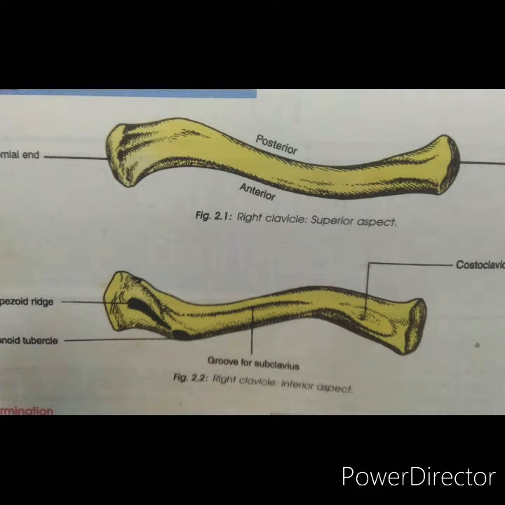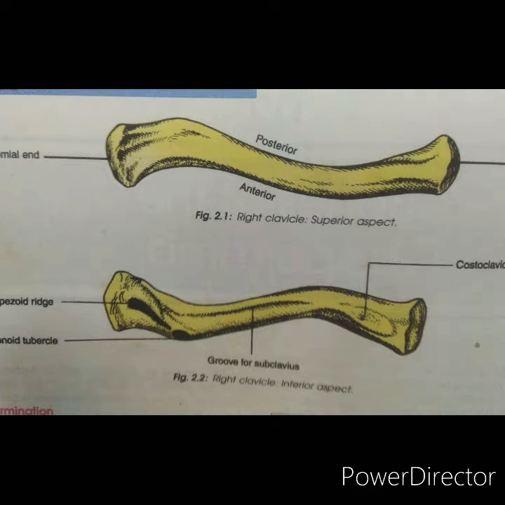The shaft. The shaft is divisible into the lateral one-third and medial two-thirds. The lateral one-third of the shaft is flattened from above downwards. It has two borders, anterior and posterior. The anterior border is concave forward, the posterior border is convex backward. This part of the bone has two surfaces, superior and inferior. The superior surface is subcutaneous and the inferior surface presents an elevation called the conoid tubercle and a ridge called